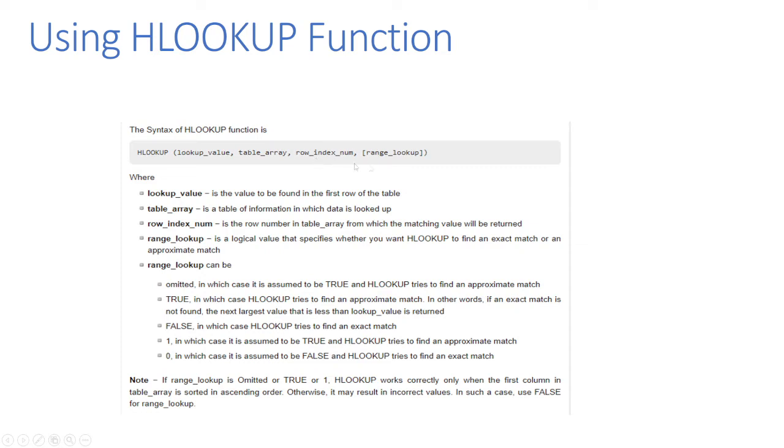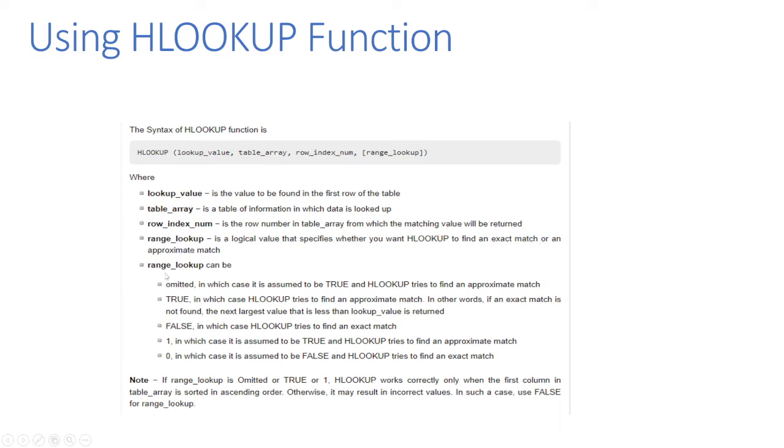the row index. And then we have here again the range lookup, a true or false value, or 1 or 0. So lookup value is the value to be found in the first row of the table. Table array is a table of information in which data is looked up, so that's the table. Row index number is the row number in the table array from which the matching value will be returned. Range lookup is a logical value that specifies whether you want HLOOKUP to find an exact match or an approximate